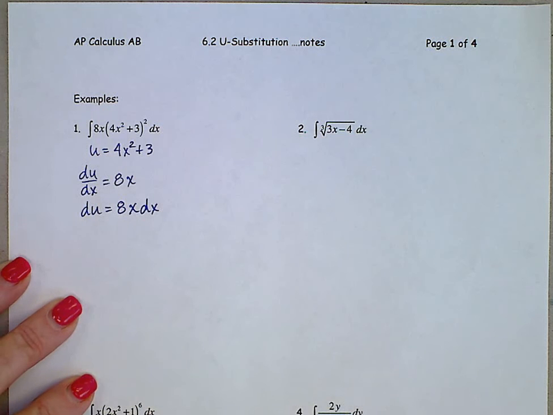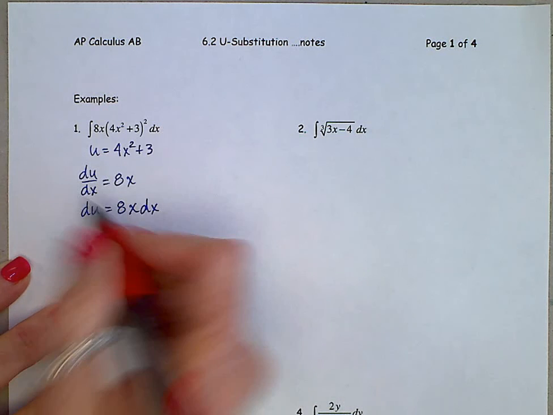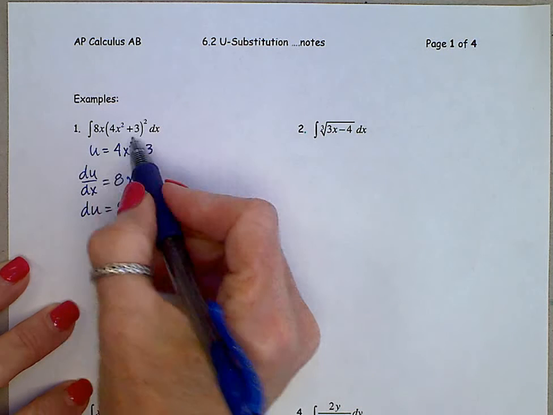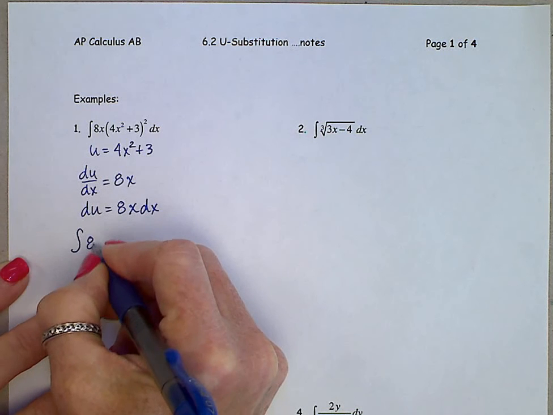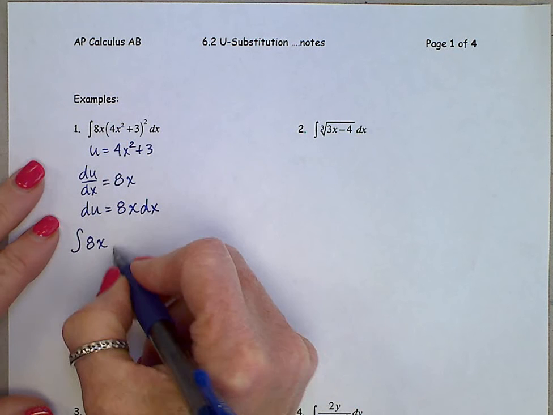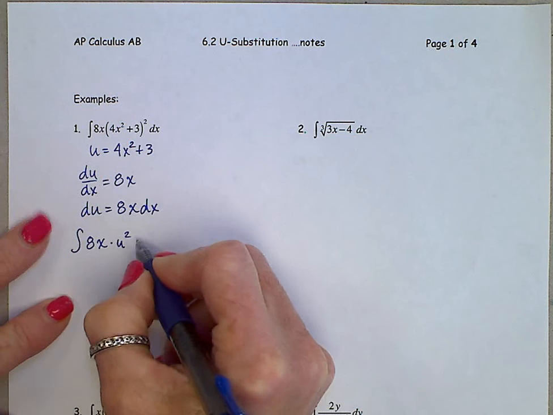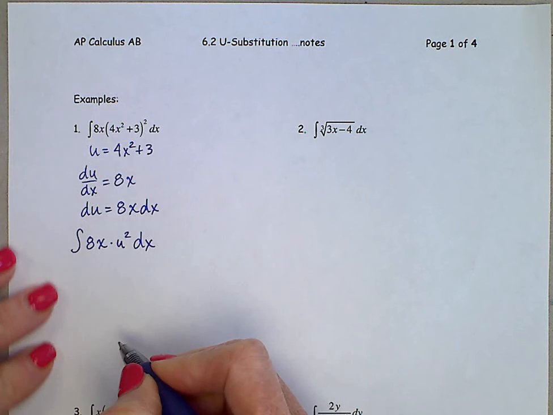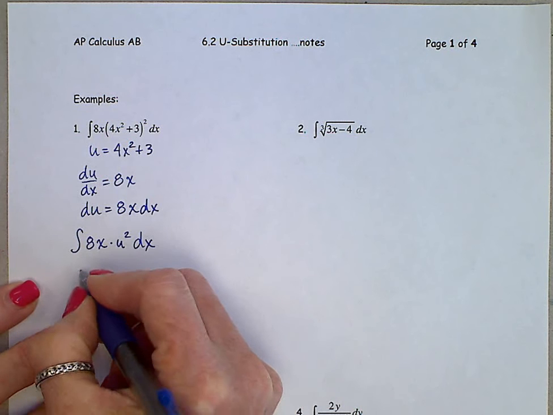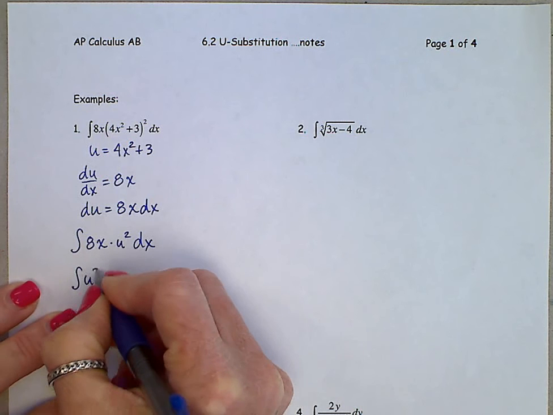And now we go back into the problem and we're going to substitute out just for the u. So we see 8x. And then this 4x squared plus 3, well, that was u, so we have times u squared dx. Rearrange this and pull the u's up front and everything with the x's in the back. So we'll have u squared times 8x